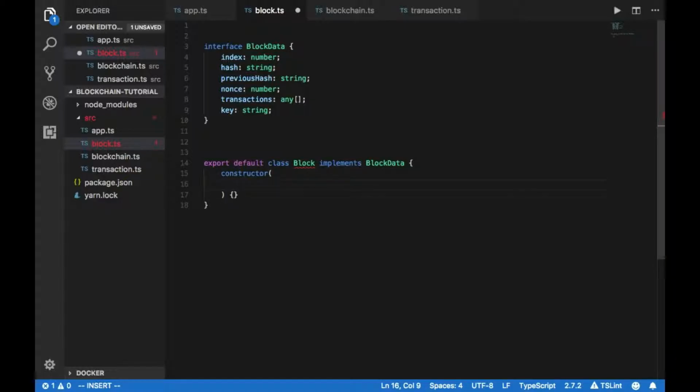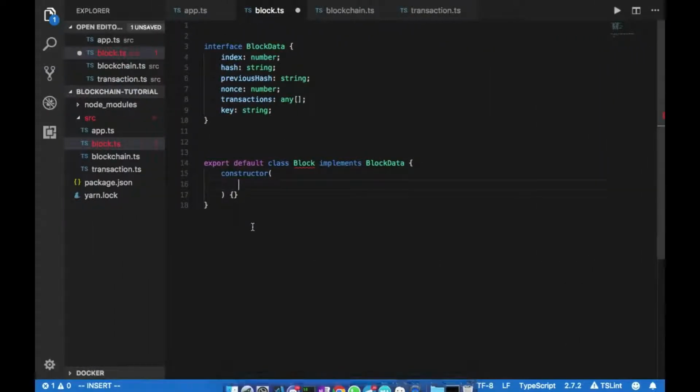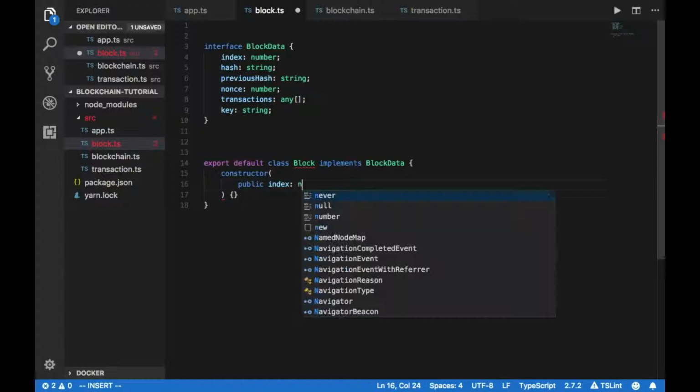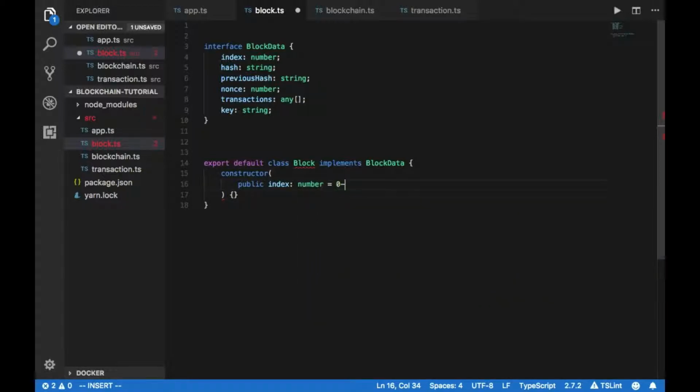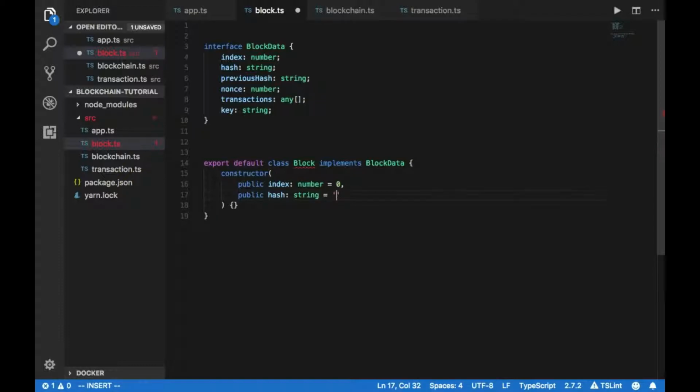So since we know that all the data for the Genesis block is something like this, this is the starting. So what we're gonna do is: it's a public index, which is a number. We're gonna make it a 0, and then public hash, which is a string. We're gonna put it into nothing, and then public